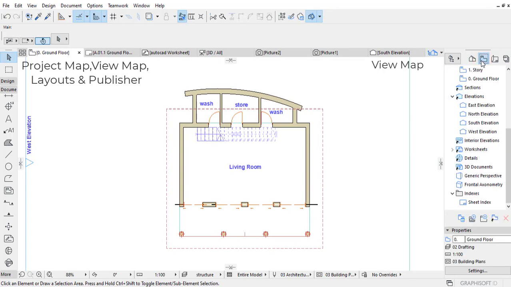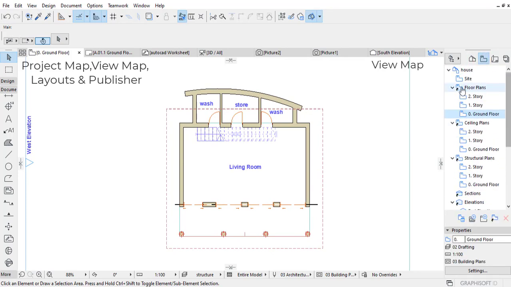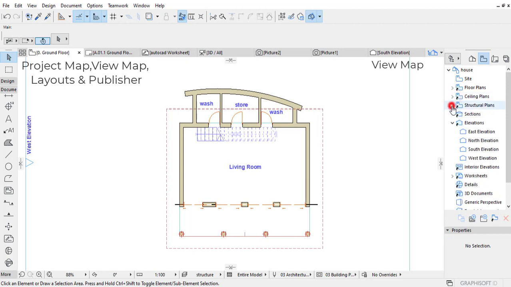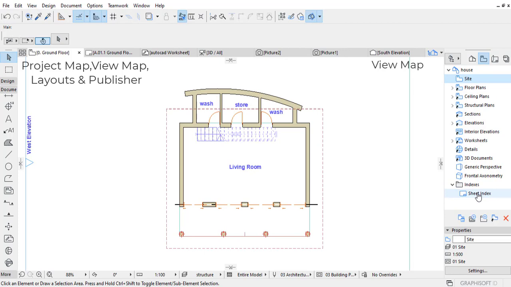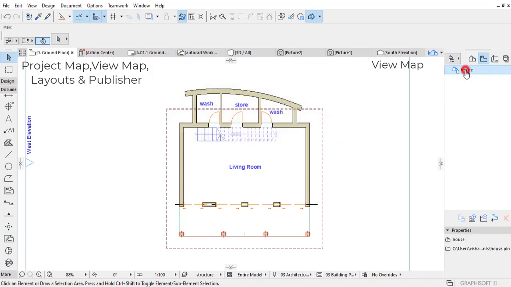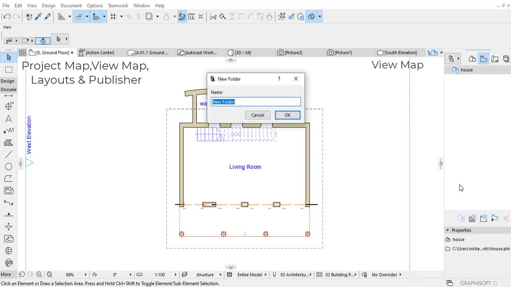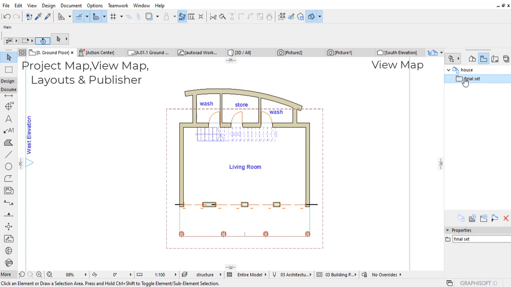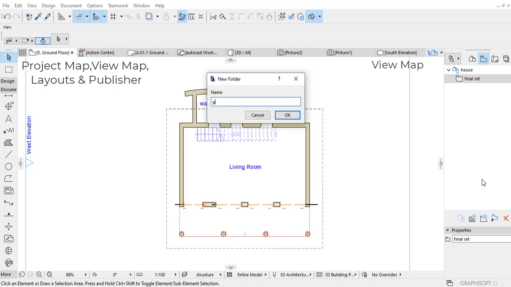so we come to views, and these are created by default, so I'm going to hide all these things. In fact, I can delete it all. Actually, I can delete it all like this. Don't want them, so just delete them all, and create a new layer called final set or something, and under this then I can create a new layer called ground floor, floors,